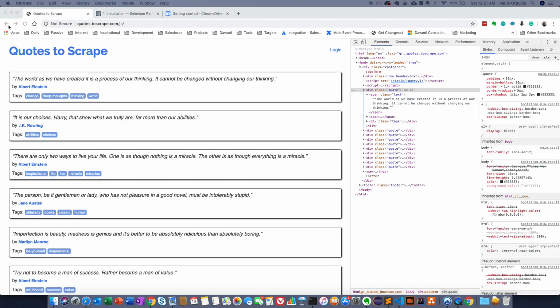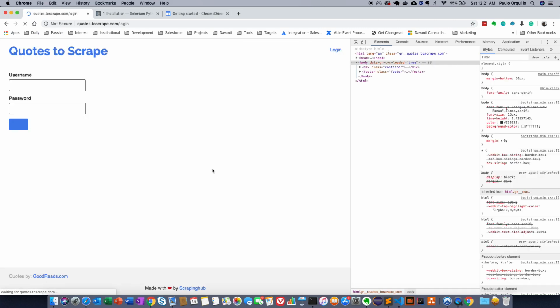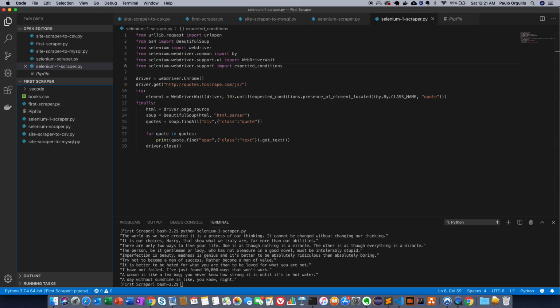Let's go to this login. So we're gonna use Selenium and we're gonna inspect the XPath to see how we should be able to log in here. Cool. So let's do that now. Let's create another file. I'm gonna call this login scraper.py,